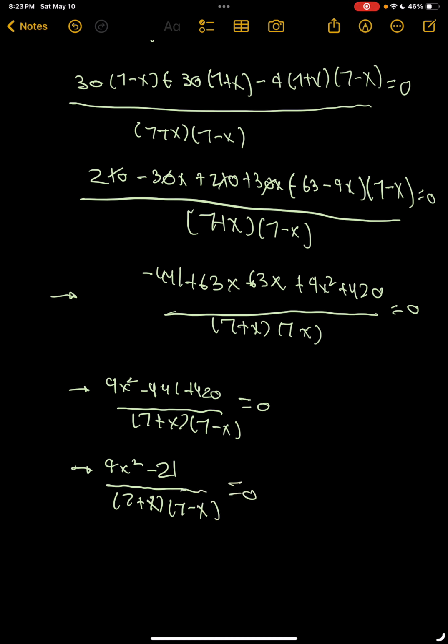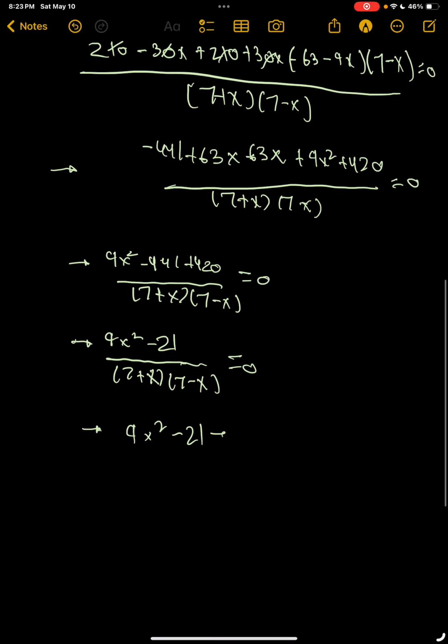Now, since negative 441 plus 420 is going to equal negative 21, we have 9x squared minus 21. So the next step will be to find the x value, because we have made it as low as possible. So this is going to be equal to 0. Next step, we're going to move the 21 to the right side. Now to remove the x to the power of 2, we're going to have to take the square root. So 21 over 9, which will give our final answer to be